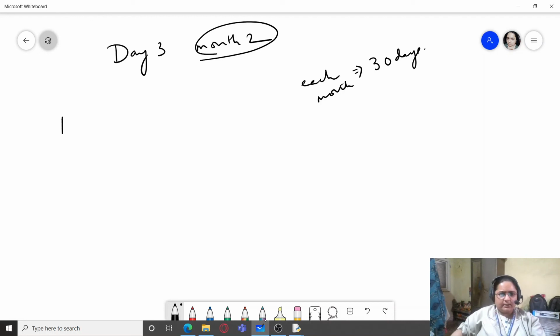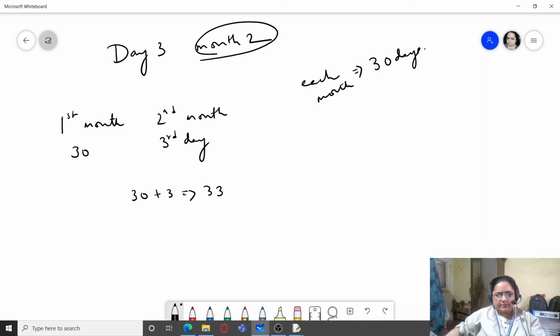So 1 month is already there, the first month. It contains 30 days, and in the second month it is the third day. That means if I add 30 plus 3, I will get 33, 33rd day.